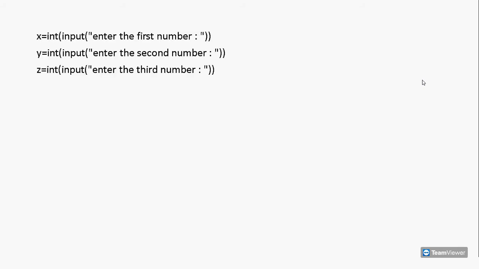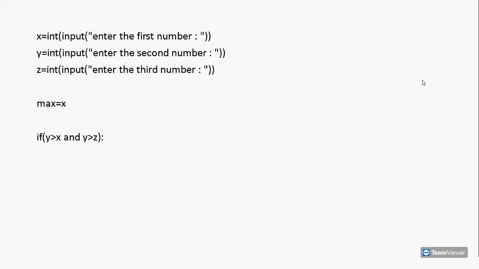We will take three variables x, y and z to store the values provided by the user as designated by the first three lines of the code. We will also take another variable max, which we will use to store the maximum value of the three variables as we move ahead in the program. Initially, we will assume that x has the greatest value of the three variables, and therefore we will assign the value of x to the variable max by using the statement max equal to x.